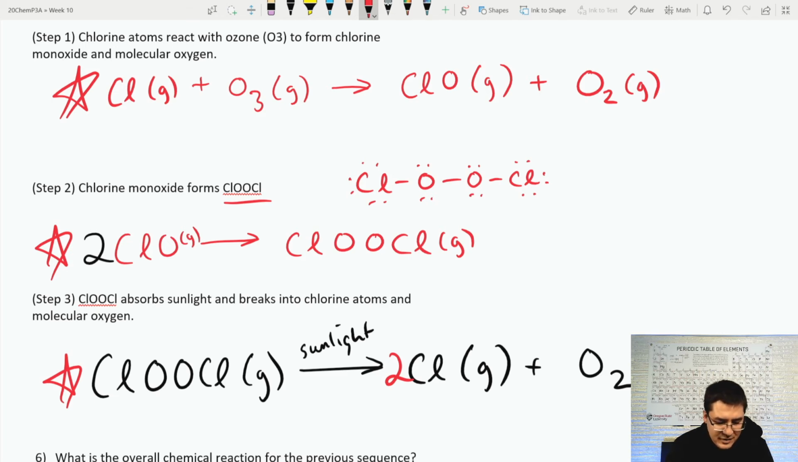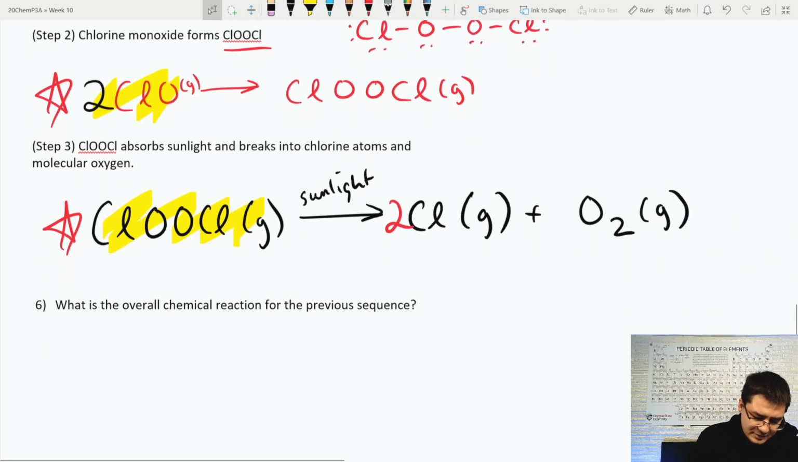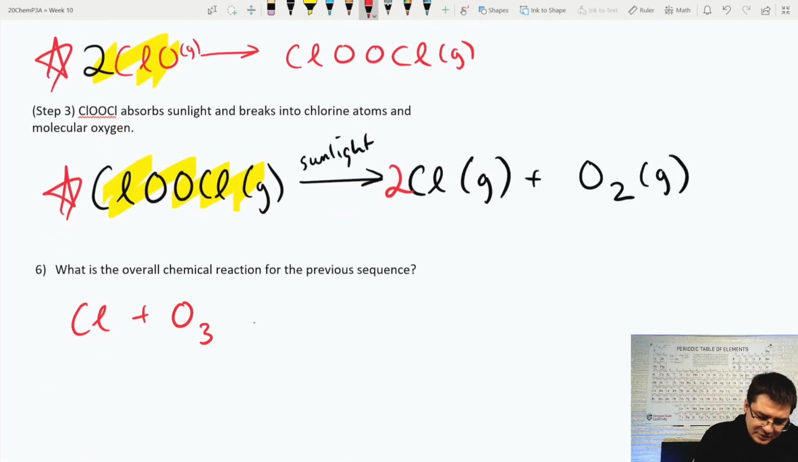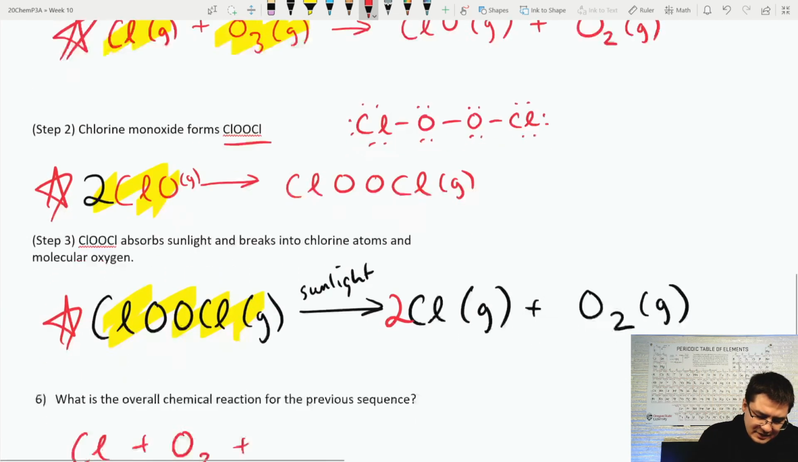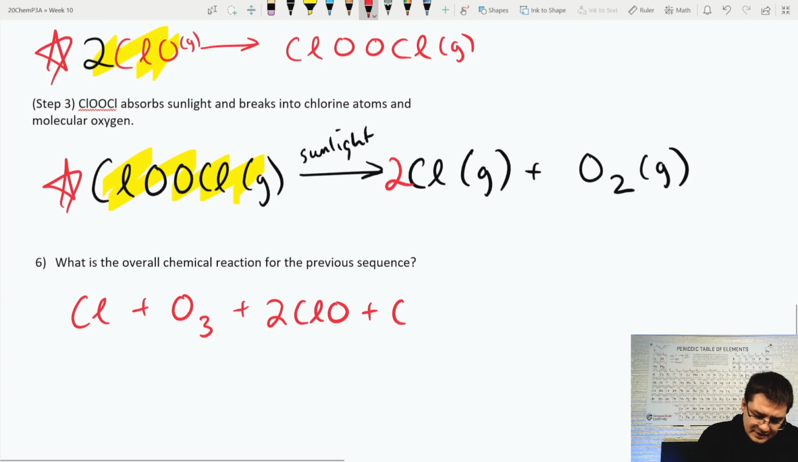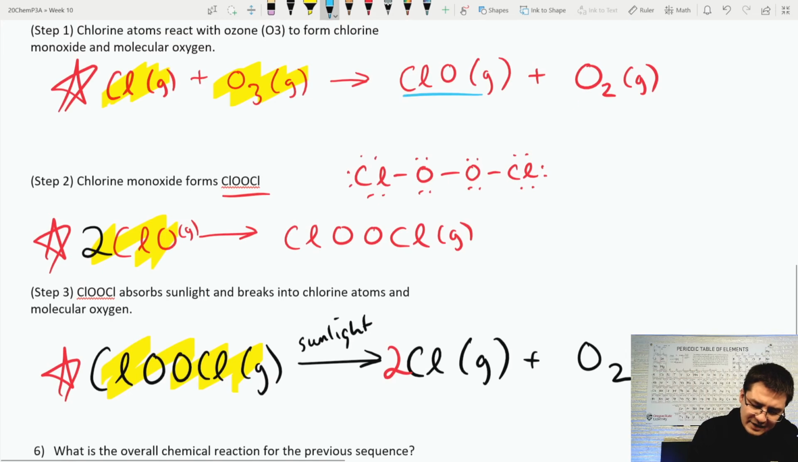So what I'm going to do is look at everything on the left-hand side of the reaction, everything to the left of the arrow, in each step, and I'm going to write those down. This is a little overkill, but I'm going to go through it. So Cl, I'm going to drop the g, everything's in gas phase, plus O3, plus 2 ClO, that's from step 2, plus ClO-OCl makes, and then I'm going to take everything else that's on the right side or the product side,